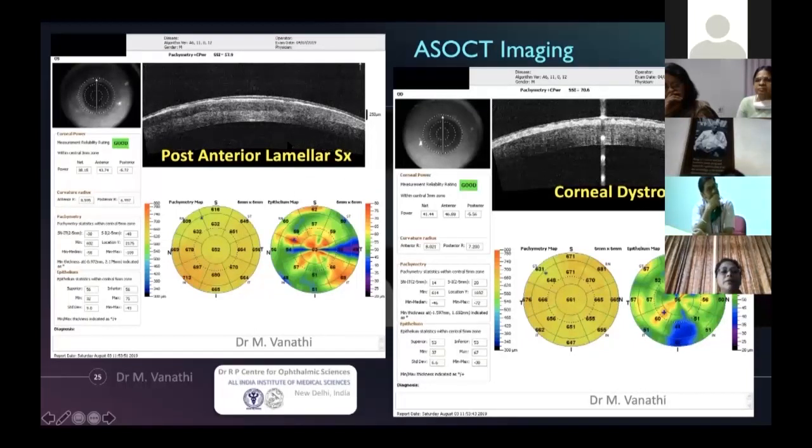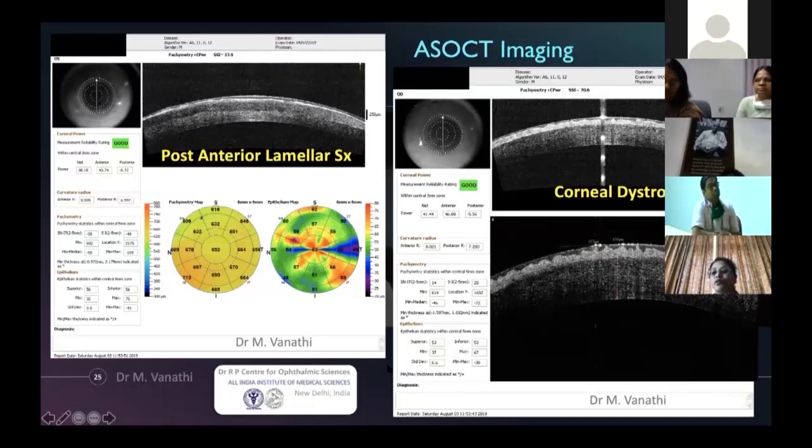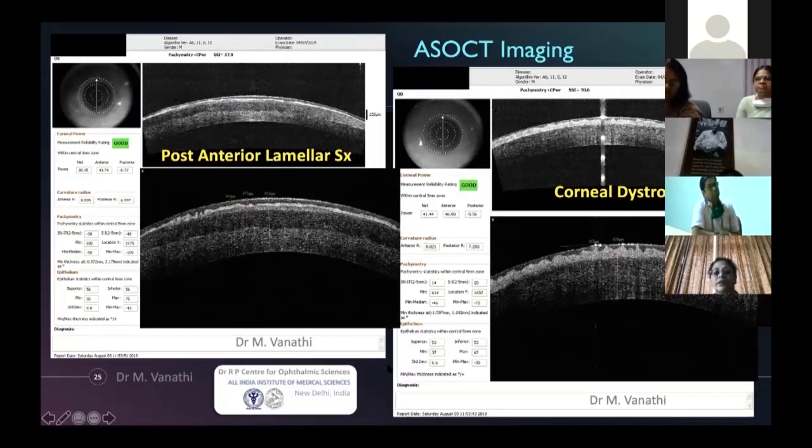This is one particular patient who has already undergone ALTK by me. You could see the graft interface here, but it has a recurrence in the subepithelial region of this particular patient. This is the other eye when he presented much later, and you could see the level or depth of involvement, which helps you to plan the size of the microkeratome head you would need for your ALTK case for these particular patients. So those are more magnified views.